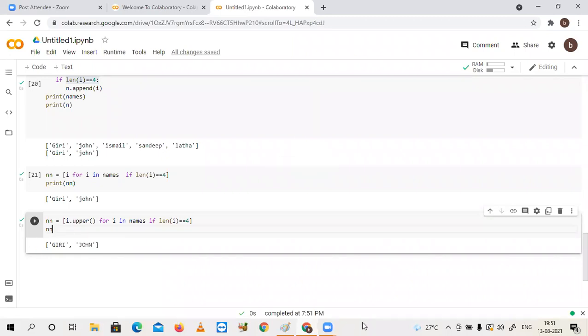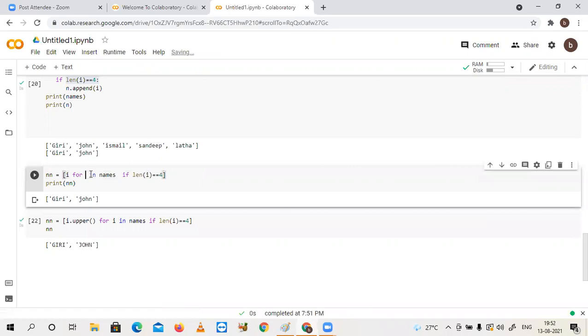Sir, one doubt. You have provided expression i, right? Can we change it to some other variable like j? Just give j instead of i. But if you say j in the expression, here you also have to say j in the loop.